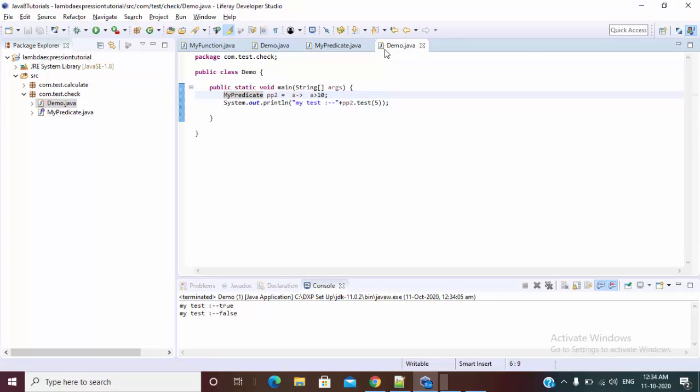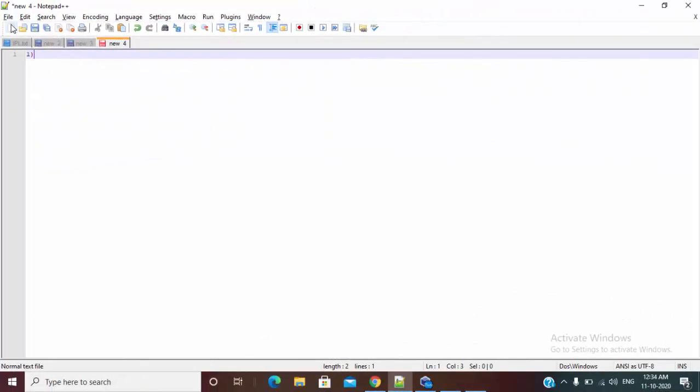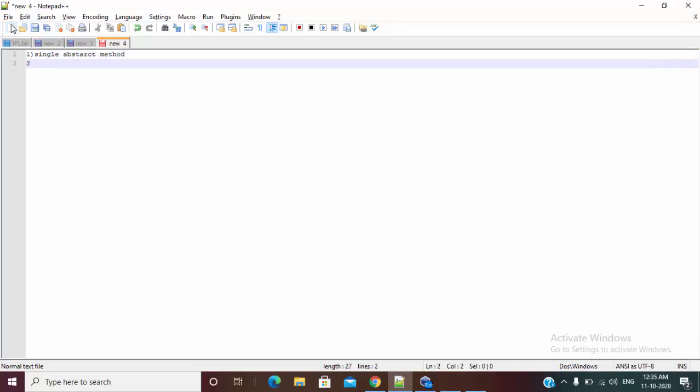We already discussed many of these, but now let's recap. The first thing is you can write a lambda expression for any interface that contains a single abstract method.